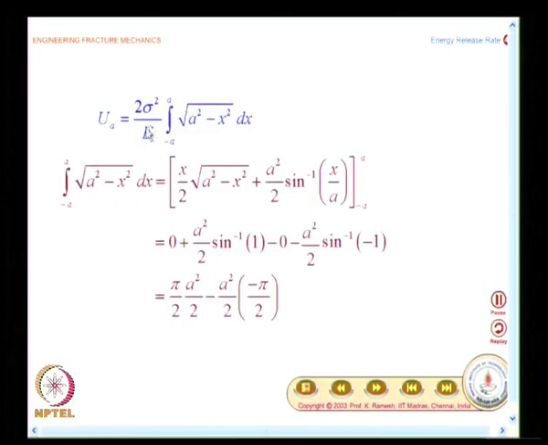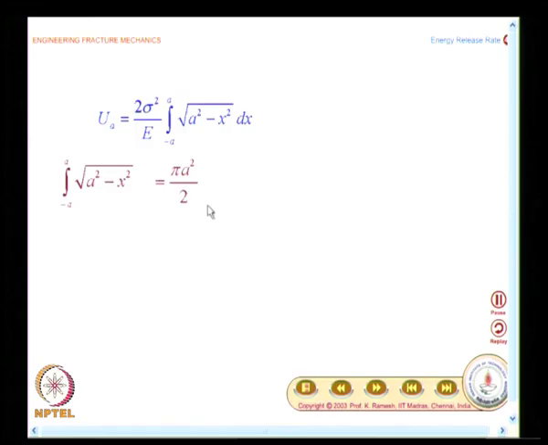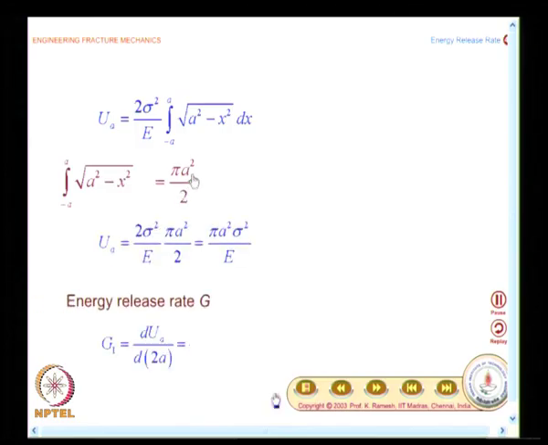Now, what we are doing is evaluating the final result. We have looked at the crack opening displacement, and then we have found out the force, and when you do the energy calculation, for the integral portion, this happens to be pi by 2. So, I get this as pi by 2 a square,